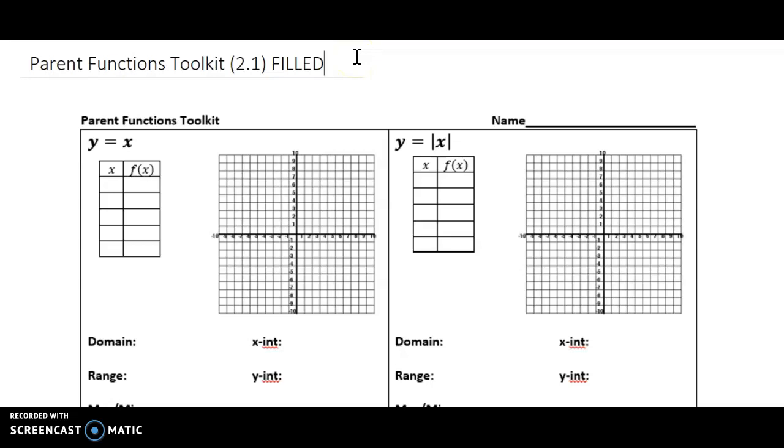when we have transformations that are happening to them, like if they've been shifted to the left or right or up or down or whatever other transformations we will talk about in a few days, we will have a nice baseline to refer to in order to help us understand how our graphs are being transformed. And so today our only focus is to just graph each of our parent functions. And in order to graph, we're just going to go ahead and fill out an XY table for each of